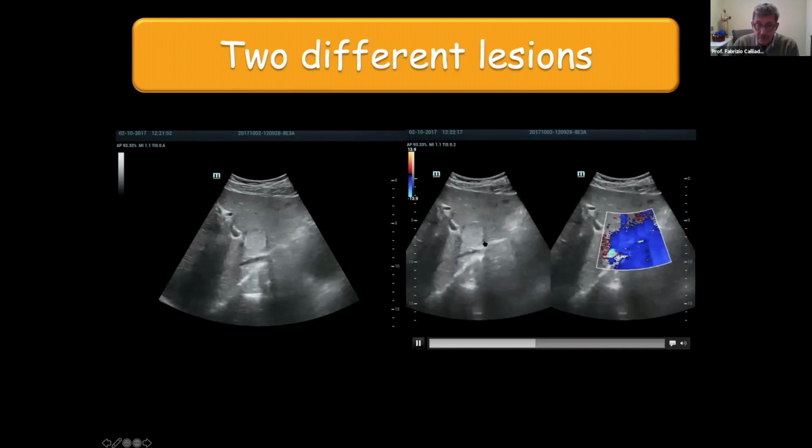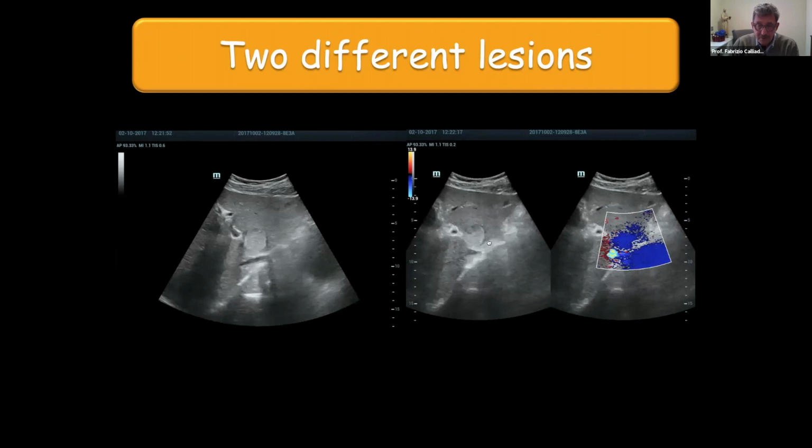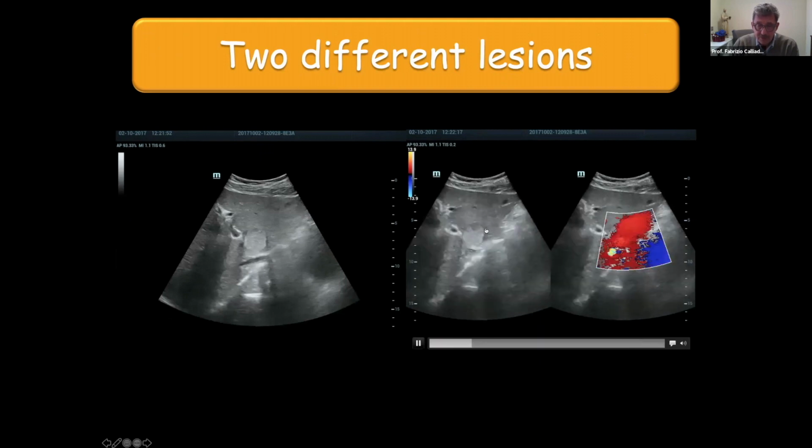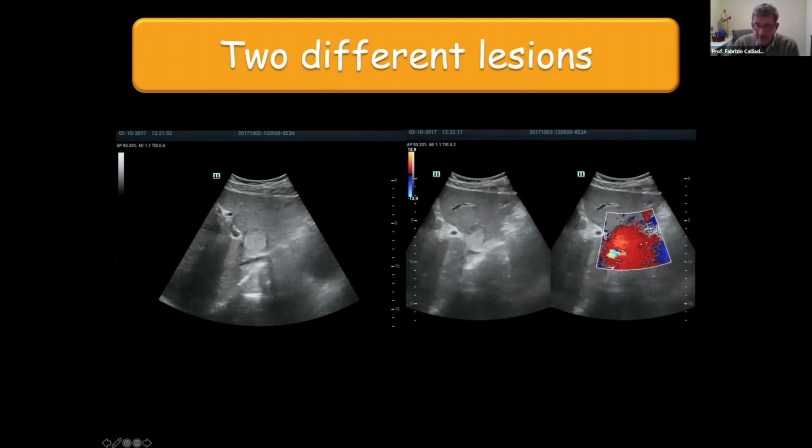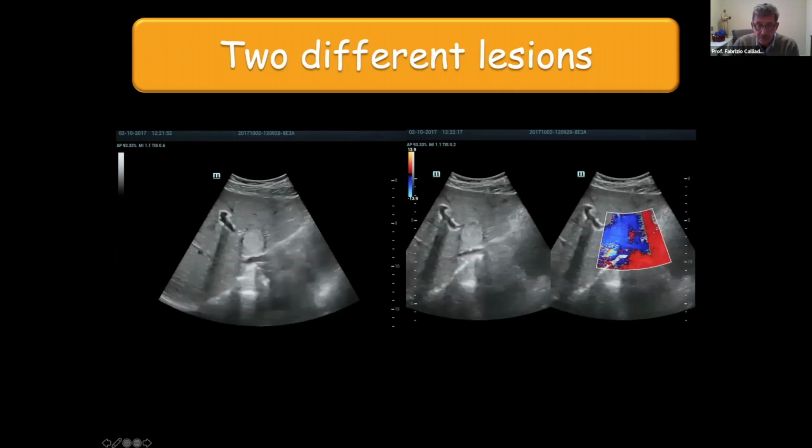hyperechoic. Of course, it's a normal one. I was thinking there is a hemangioma, but not in this patient. And there is a sign, a hypoechoic halo all around, so no good sign. And even in this case, color is not helpful, unfortunately. So